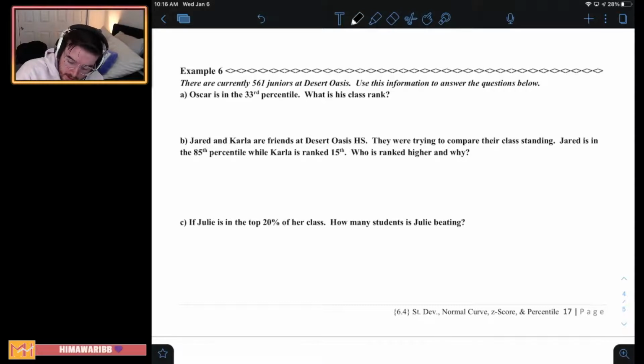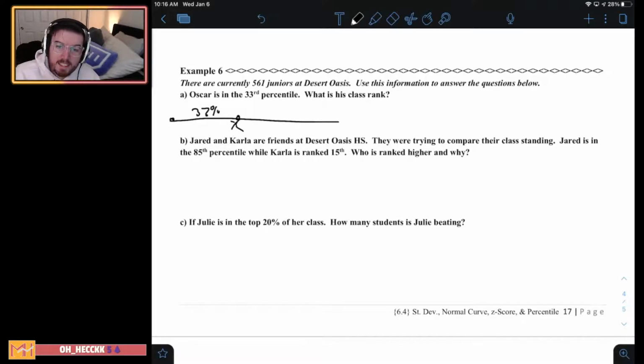So if Oscar is in the 33rd percentile, here's all the students lined up, okay? Here's Oscar standing in line. He's better than 33% of his peers, right? Well, what is his class rank? Rank is relative to the front, right? This is first place. So really, the question we should be asking ourselves is how many people are beating Oscar? 67% are beating Oscar, all right? So if 67% are ahead of him,